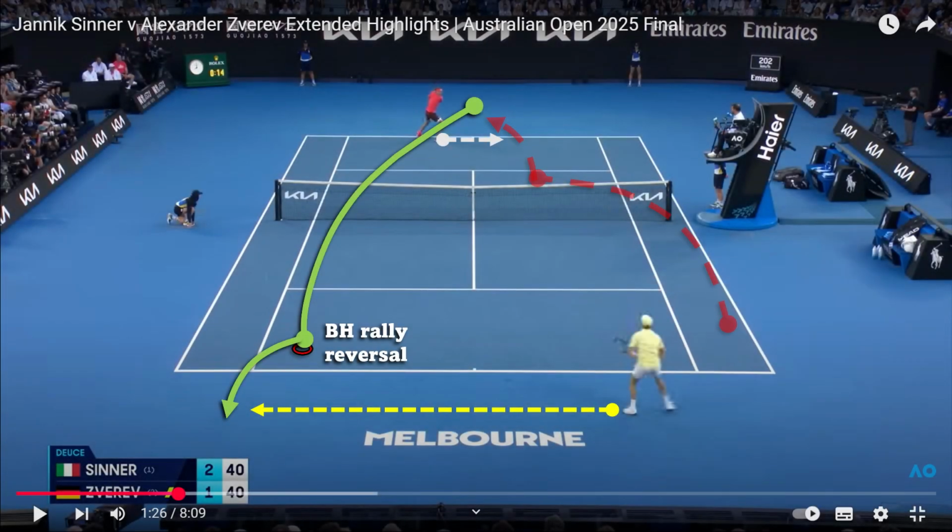Option 2. The backhand rally reversal draws the opponent to the ad side. Sinner's best option against this choice would be to return in toward the midcourt. It's the safest defensive return with the most margin. Playing a down-the-line backhand on the run is possible, but unlikely given the skill level required and small margin for